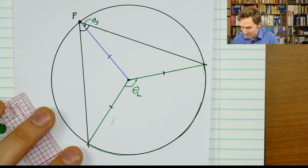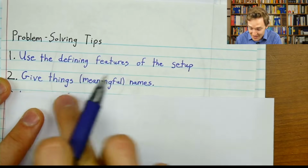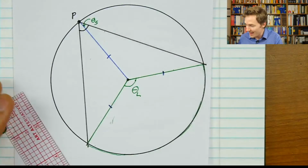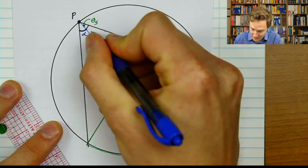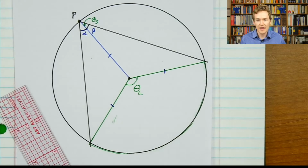That's something that, again, maybe it shouldn't even be described as a tip, but I've put it down as number 2: when you give things meaningful names, that actually helps you move forward in your problem. And in this context, it might seem like an innocuous thing. I'll call this little angle that we formed with our radius alpha, and this little angle beta. And just to see if that helps us move forward, recognizing if alpha and beta show up elsewhere,